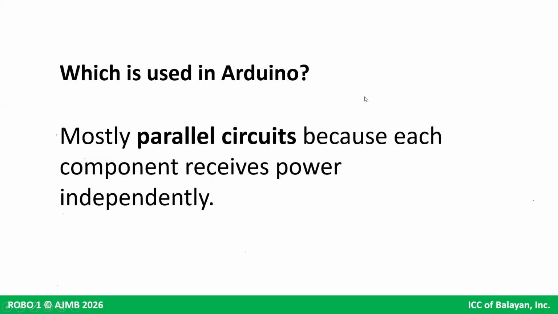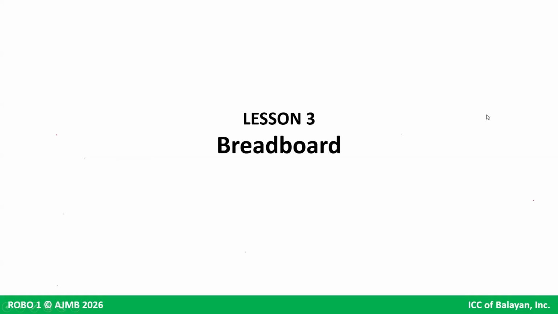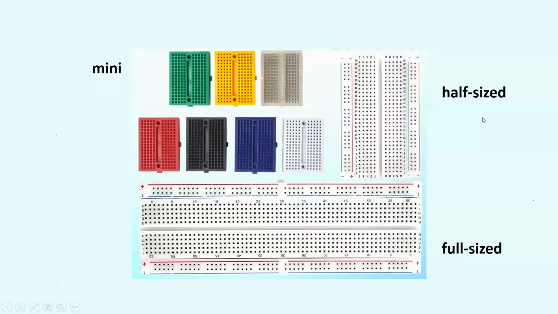So anong ginagamit usually in our Arduino exercises? Parallel circuits, of course. And they receive power independently. So later on, you will see sa Arduino, meron kang mga digital pins, 0 to 13. You can see that each light bulb will have their own digital pin connections. Okay, we need to talk about the breadboard because this is where you're going to build your circuit. So in your Arduino kit, the rest of you have seen this except for Fortitude. They will do it tomorrow.